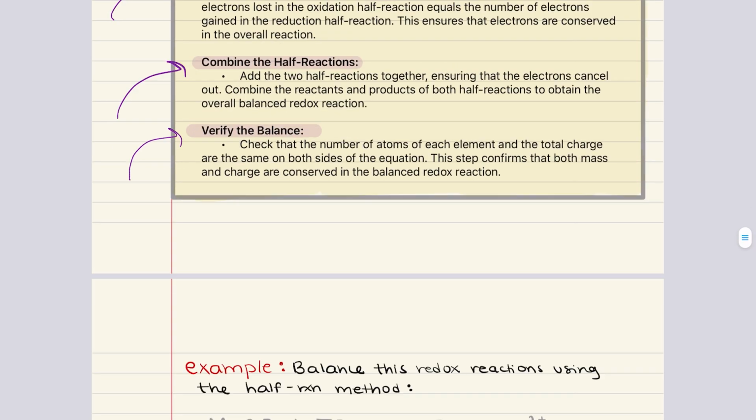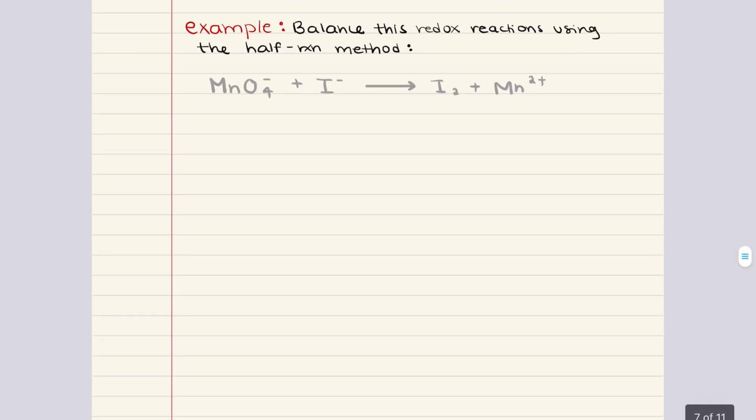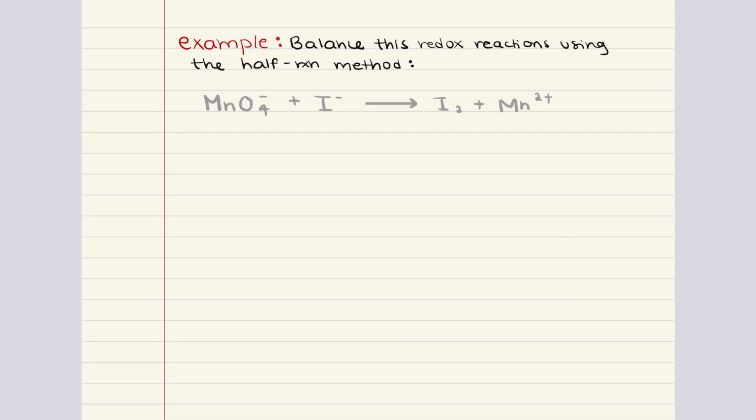With these rules in mind, let's go ahead and tackle a practice problem. This example wants us to balance the following redox reaction using the half reaction method. What we have here is the permanganate ion reacting with the iodide ion to form molecular iodine and the manganese 2 ion. The first thing that we want to do is assign oxidation numbers so that we can determine the